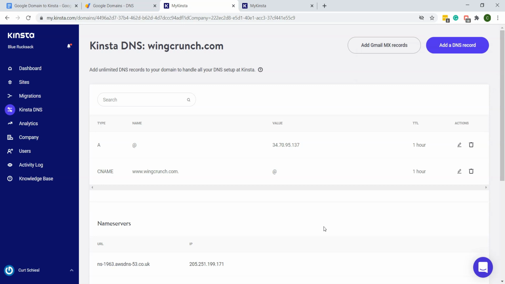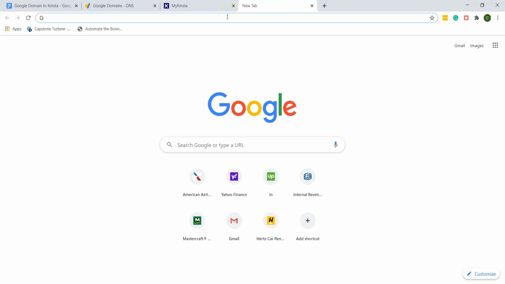Alright, so now your domain name is set up in Kinsta, and once the domain name propagation from Google Domains to Kinsta is complete, you should be able to visit your website without any issues. So it's only been about 10 minutes since I changed the domain name servers on Google Domains. So let's go ahead and check our website to see if it's working. So I'll open a new browser, and I'll go ahead and type in my domain name,